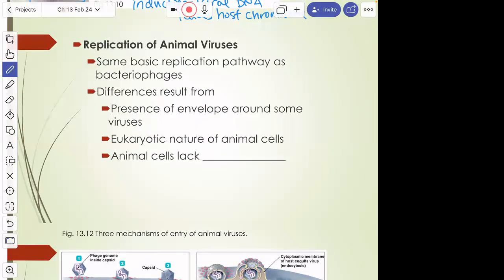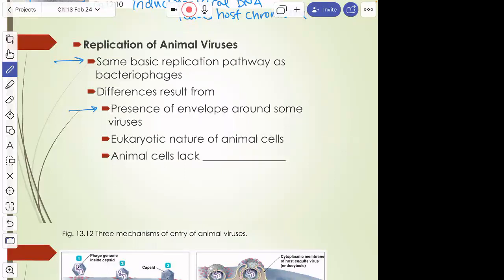Okay, so we'll talk about some differences when we're talking not about a bacteriophage, but about a virus that infects animals. It's the same basic pathways, lytic and lysogenic pathways, but there are some differences because lots of animal viruses have envelopes. So for instance, how are you going to get lysis of a cell if you need to get a membrane around each one of those viruses that leaves the cell? Okay, that really can't happen the same way because it has to be able to pull its membrane from the